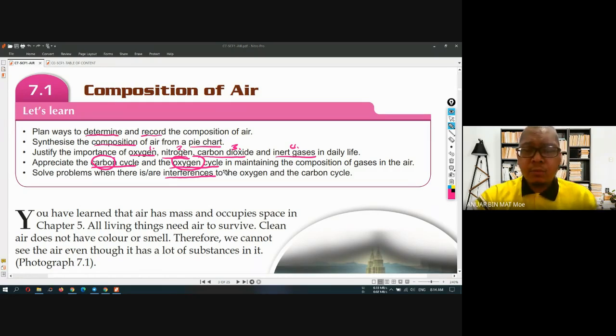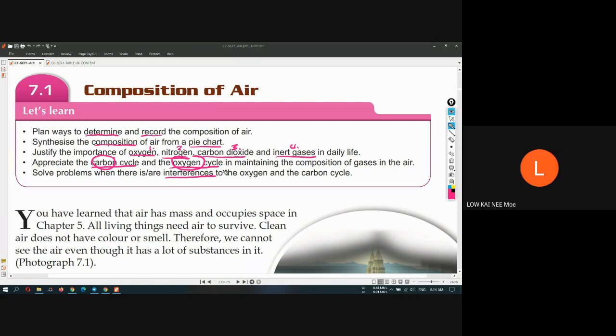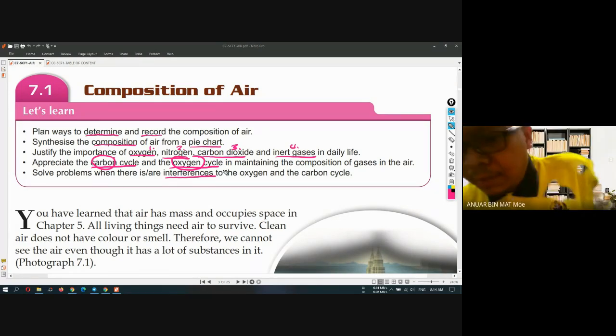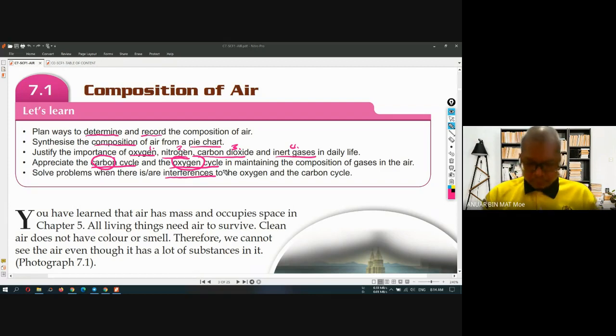What is the gas that we use when we breathe in? Oxygen. Yes, very good, oxygen. And then we release what type of gas? Carbon dioxide. So oxygen and carbon dioxide are one of the compositions of the